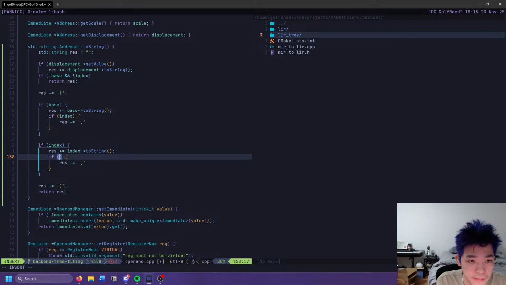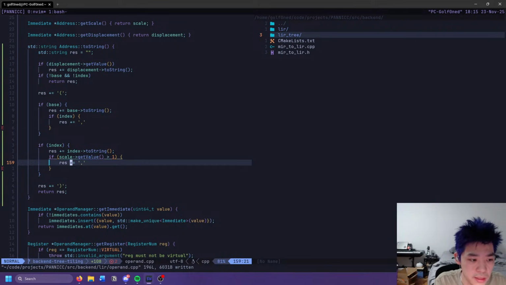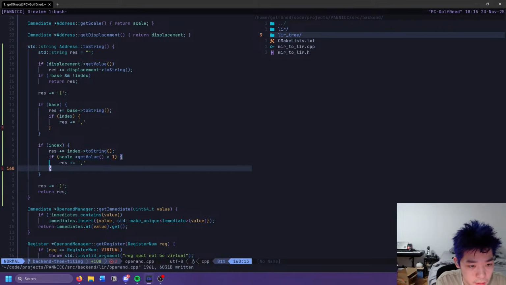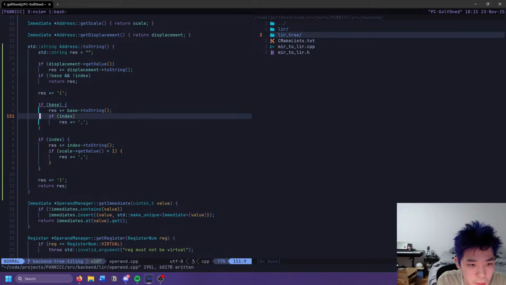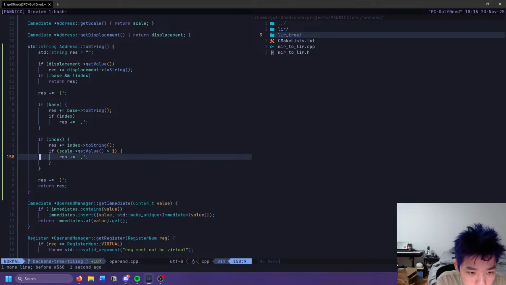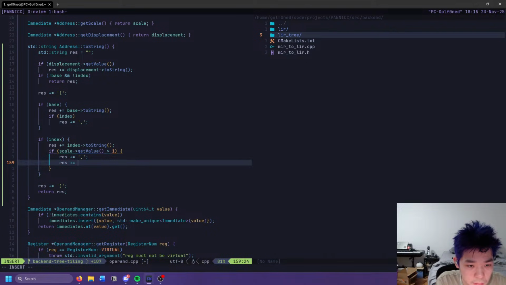So then if scale, we're just gonna assume that these are valid and just pray. Oh, I forgot the semicolon. NT. Okay, so we need to do this and then